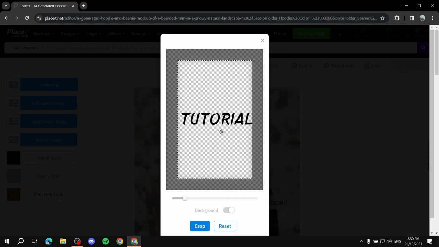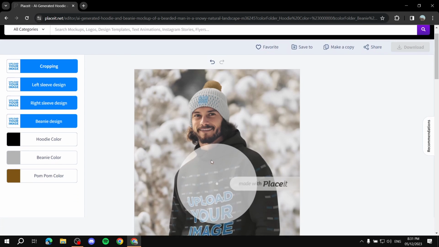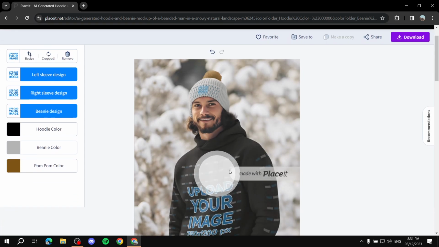So you upload it, and then they will give you this screen right here. This is basically the hoodie, and you really just place it where you want it to be. So let's just place it over at the top. We really want it at the top, so we just place it there. Make sure it's suitable, and if it's actually the right size, we can increase or decrease the size from here. And we can also remove background, but that needs subscription. So we can just click on crop once we're happy with it, and we will see the picture in real